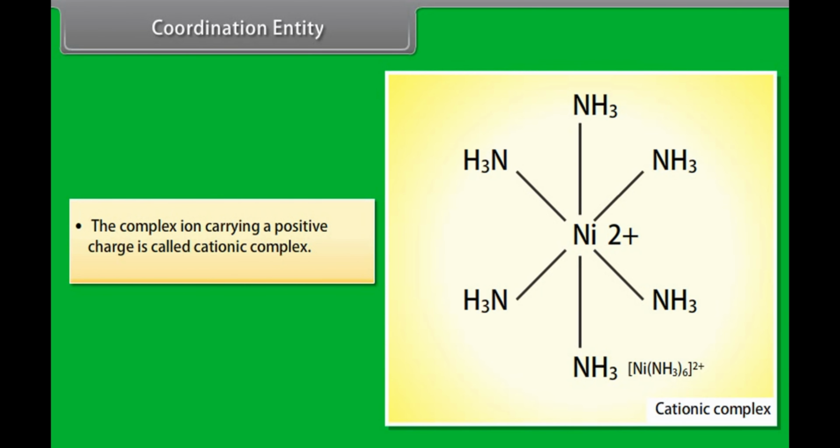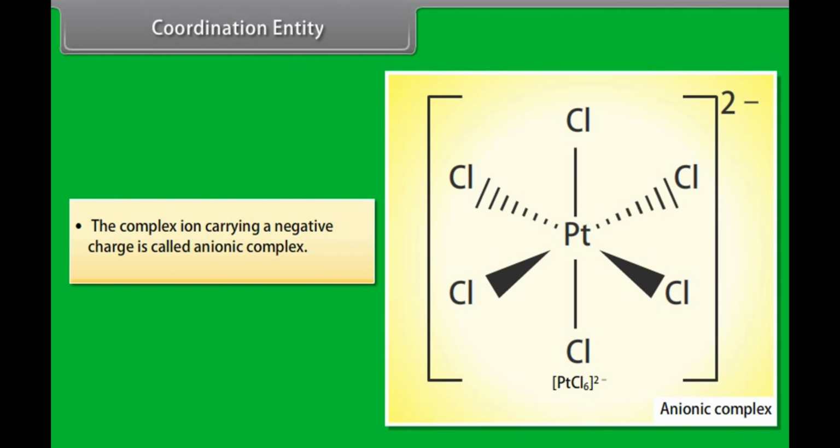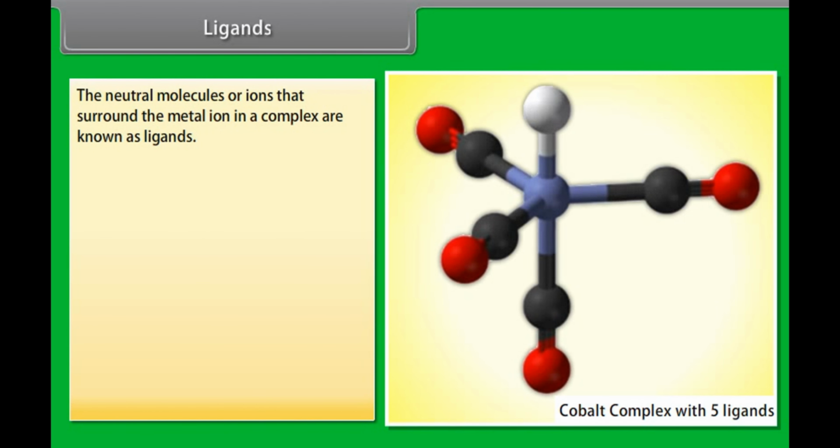The complex ion carrying a positive charge is called cationic complex. For example, [Ni(NH3)6]2+. The complex ion carrying a negative charge is called anionic complex. For example, [PtCl6]2-. The complex ion carrying no charge is called neutral complex. For example, Ni(CO)4. Ligands. The neutral molecules or ions that surround the metal ion in a complex are known as